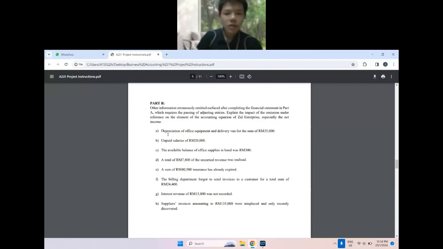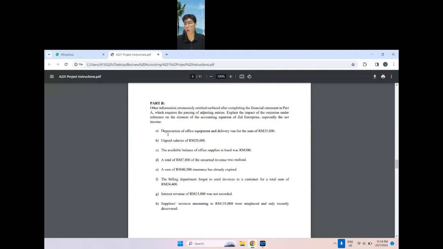So how about the effect on assets? I think there is no effect on assets. Yes, that's correct. Okay, if no problem, we move to question C. The available balance of office supplies in hand was 300. So Chong, does it affect liabilities? No, I don't think it affects the liability,